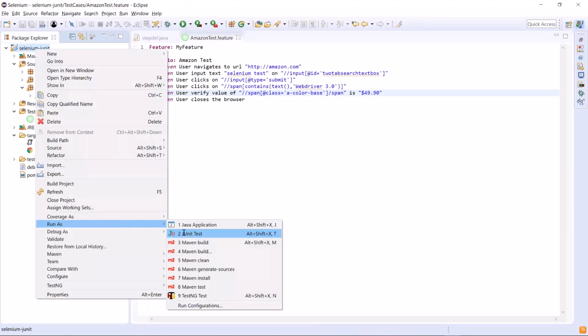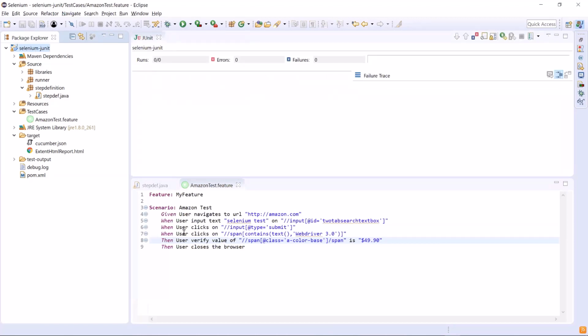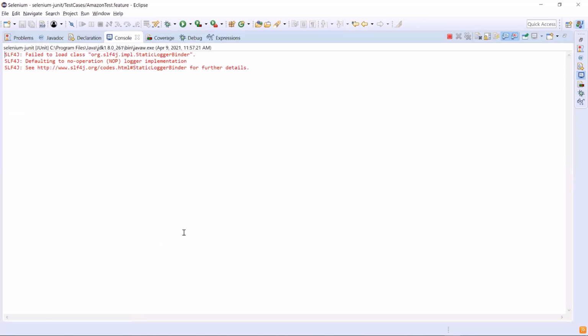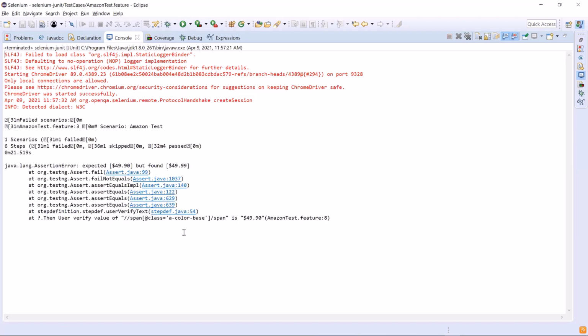Save the file, and now let's run the test again. Here you can see that the execution has started, and again, no Chrome instance gets invoked since everything is running in headless mode. The execution is done. You can see that the test has failed because of a price mismatch.